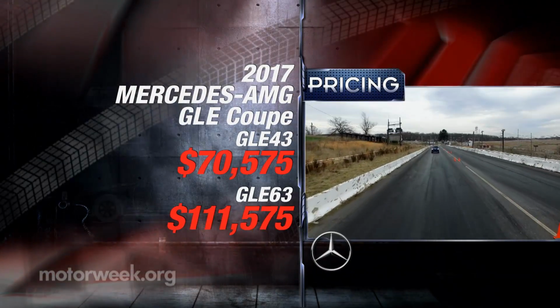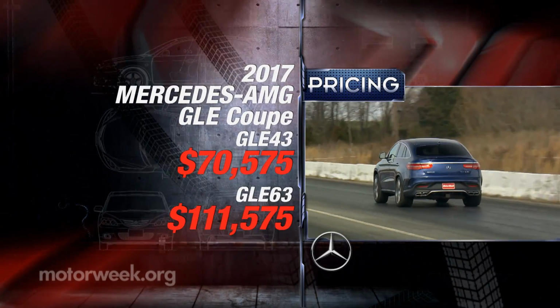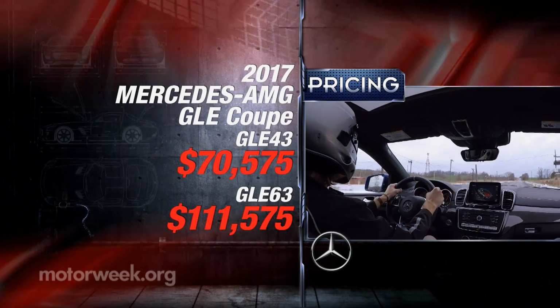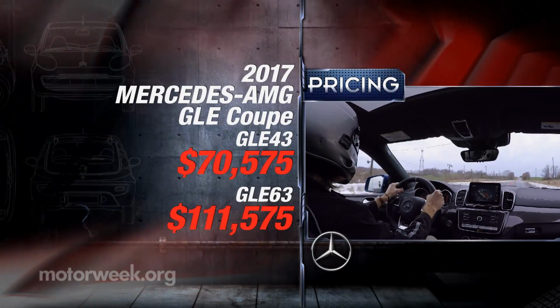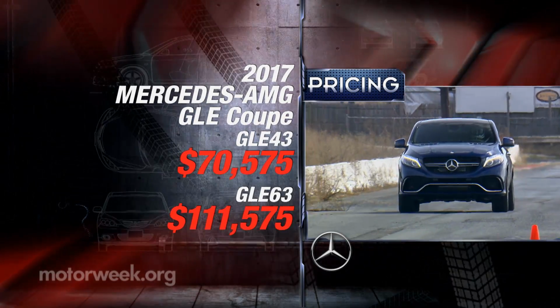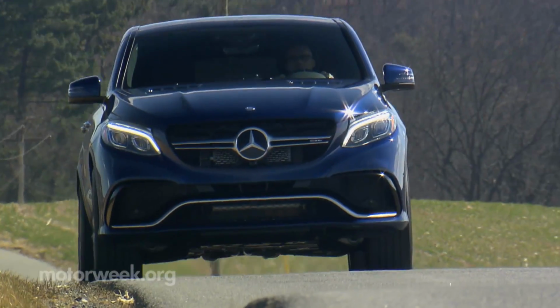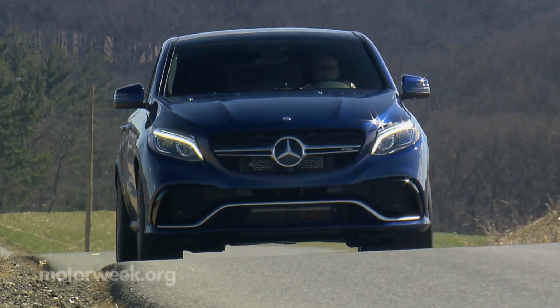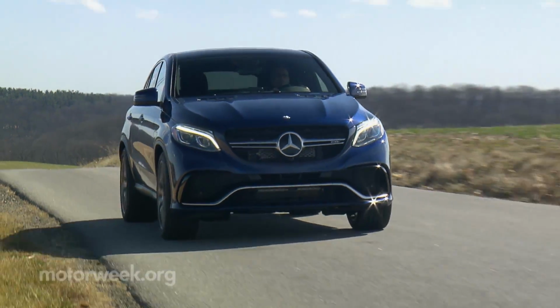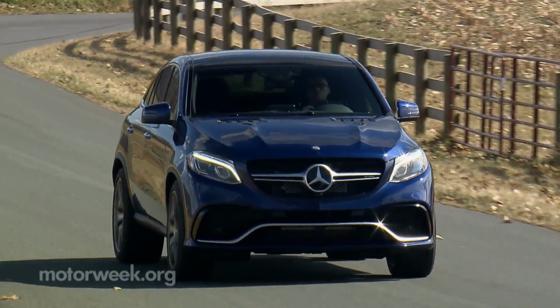If style over substance is your thing, you'll have no problem dropping at least $70,575 for a GLE coupe. The big dog GLE 63 is a heftier $111,575. Truly not for the faint of heart or light of discretionary funds, the 2017 Mercedes-AMG GLE 63 S Coupe